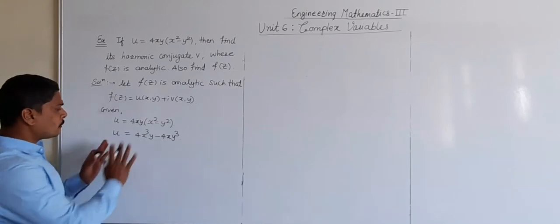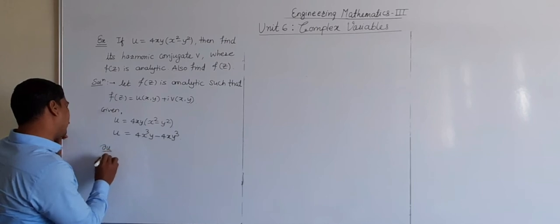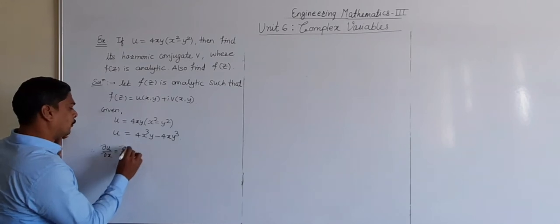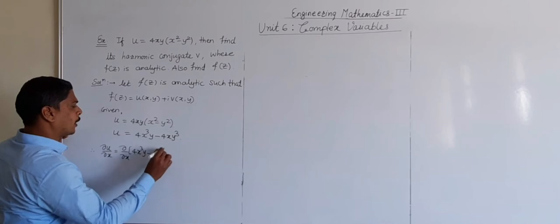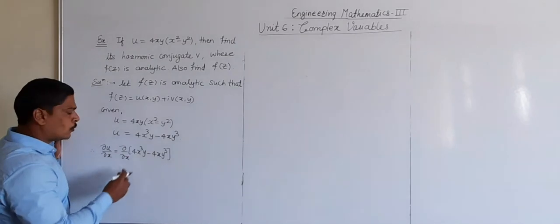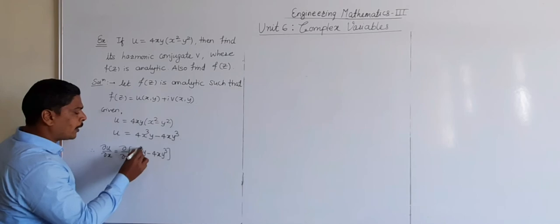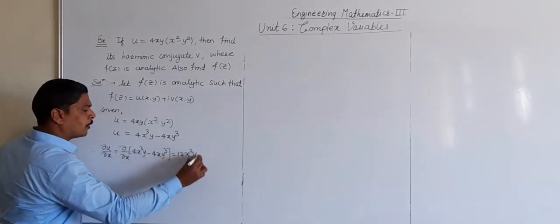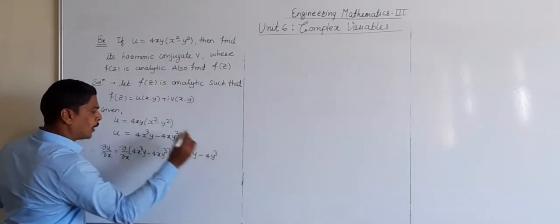Okay. So in that way we get the simplified function u, and now the partial derivative of u with respect to x becomes the partial derivative with respect to x of 4x cube y minus 4xy cube. We are taking the partial derivative with respect to x, that means y is constant. So this 4y as it is, the derivative of x cube is 3x square. 3x square into 4y become 12x square y, right? Then minus, the derivative of x is 1, 1 into minus 4y cube become minus 4y cube.